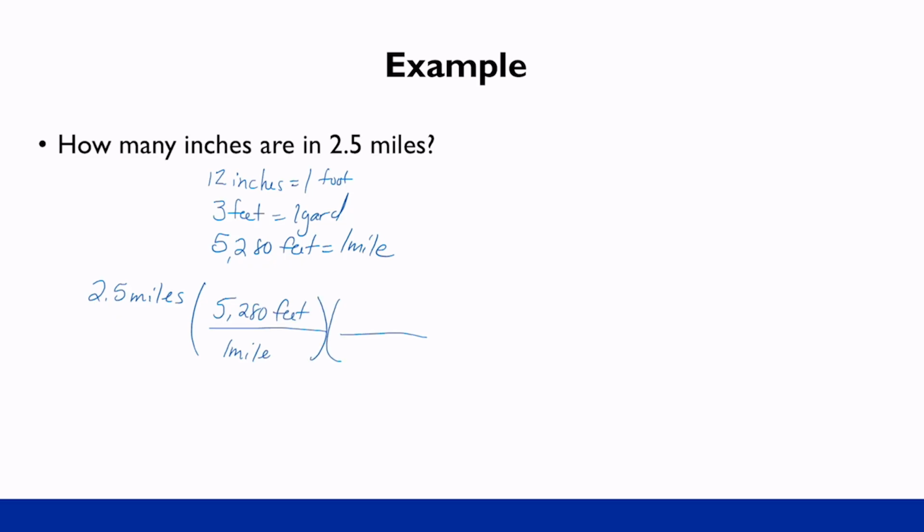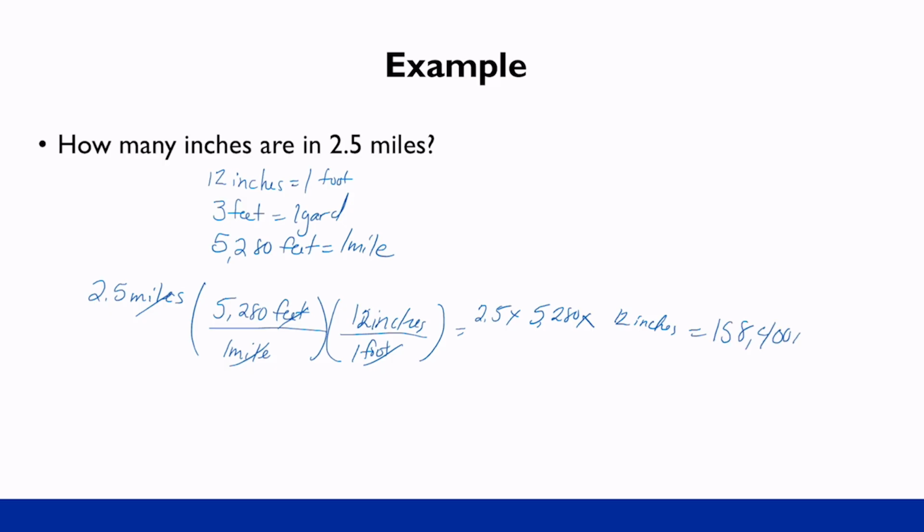Okay, so I've got feet, so I know I have that one on the bottom, and I'm trying to get to inches. So if I look at what I wrote down, I see I have a conversion factor directly from feet to inches. So 1 foot equals 12 inches, and I see that our feet cancel out. So the only thing I'm left with now is inches. And to find the answer to that, I just need to multiply across. So 2.5 times 5,280 times 12, and I get